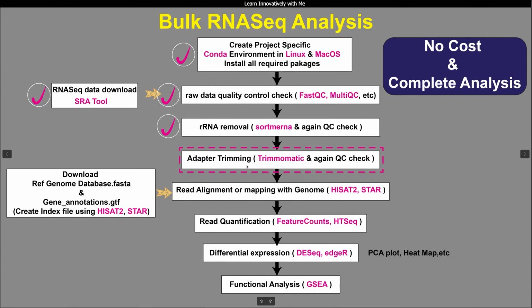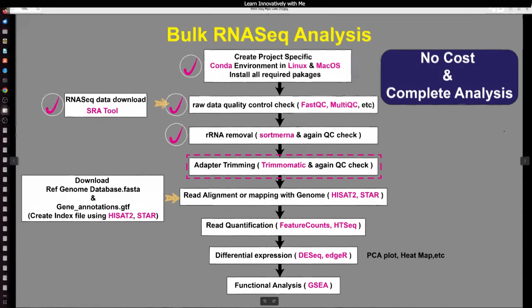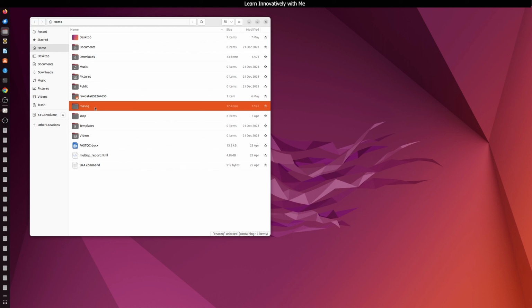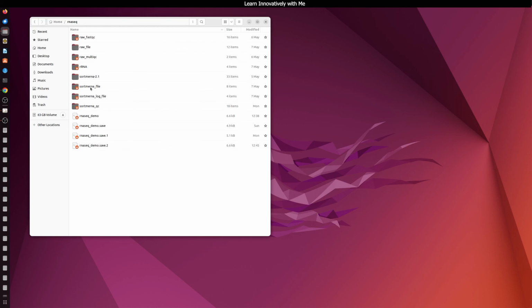This is the fifth part of the tutorial series on bulk RNA-Seq data analysis, and in this part I'm going to show you adapter trimming using the package Trimmomatic. So let's start. But before going through the Trimmomatic options, I'm going to show you the QC report from the